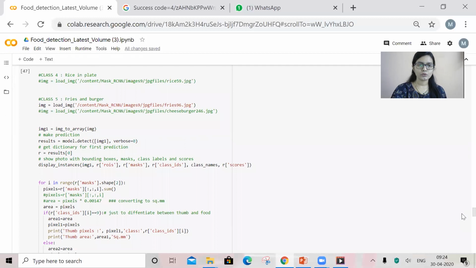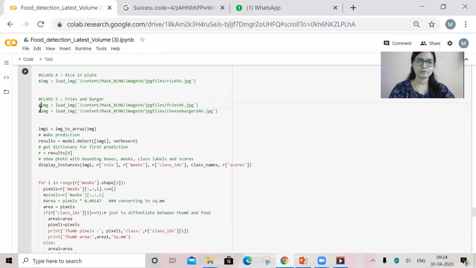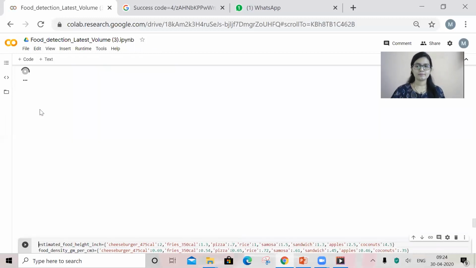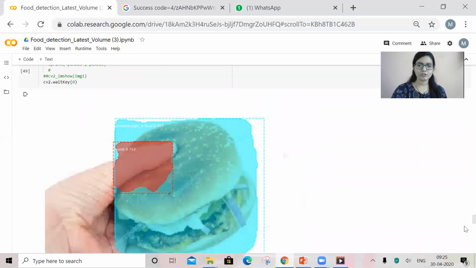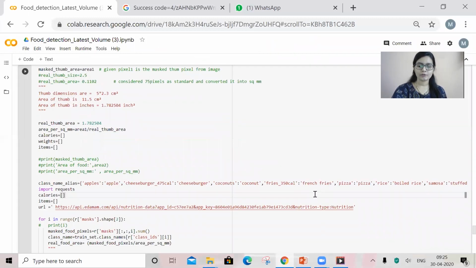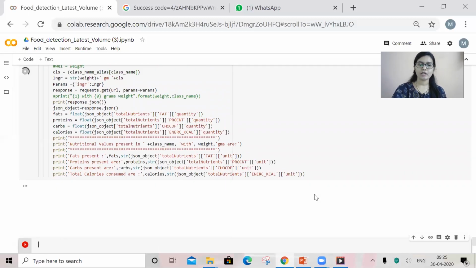Lastly, I would like to show you the cheeseburger. Here you can see there is a cheeseburger with a single patty and cheese in it. So let us see what weight of the cheeseburger has been predicted by our model.